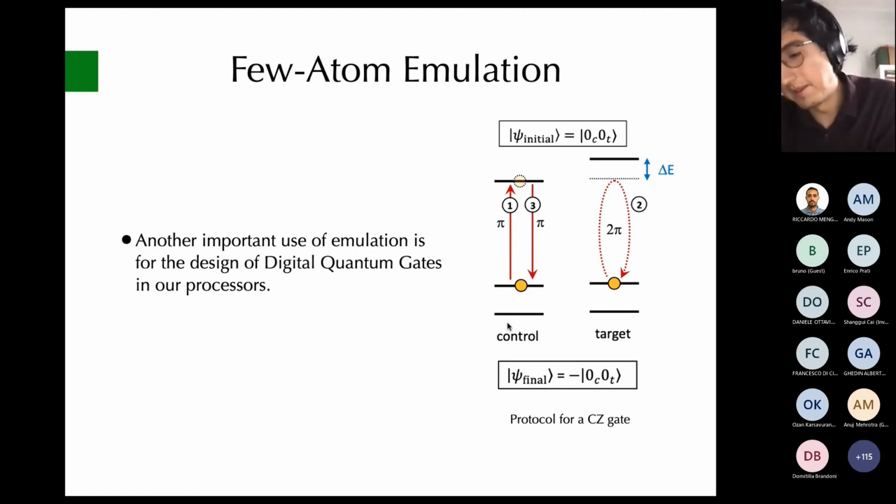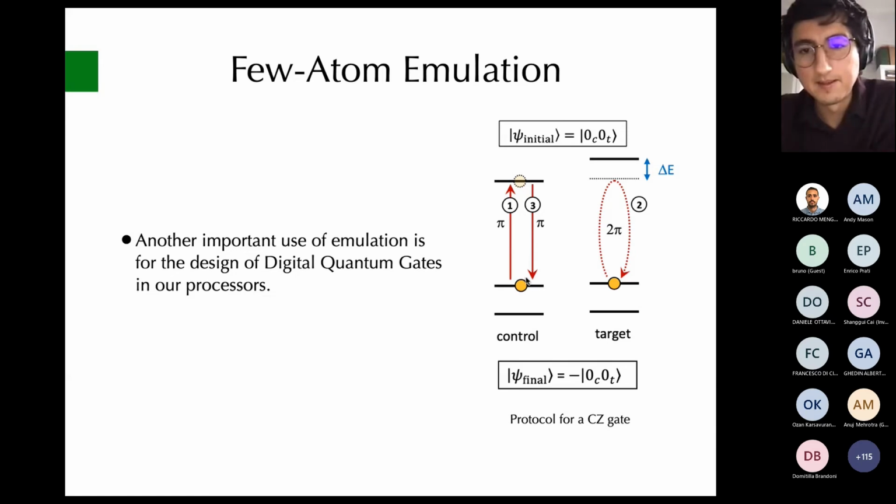So just to explain a bit the principle behind digital gates in neutral atom devices, the first step is to put your atoms into two hyperfine states. So these are states which are not Rydberg or very excited states. These are just close to the lower energy level states of the atom. You pick two of them and you call them ground 0 and ground 1, if you wish. So this will be your digital basis. And then you use the Rydberg level, this highly excited energy level, as a way of introducing interactions between the atoms. So this is no longer guided by lasers, but this is actually guided by what I call the dipole-dipole